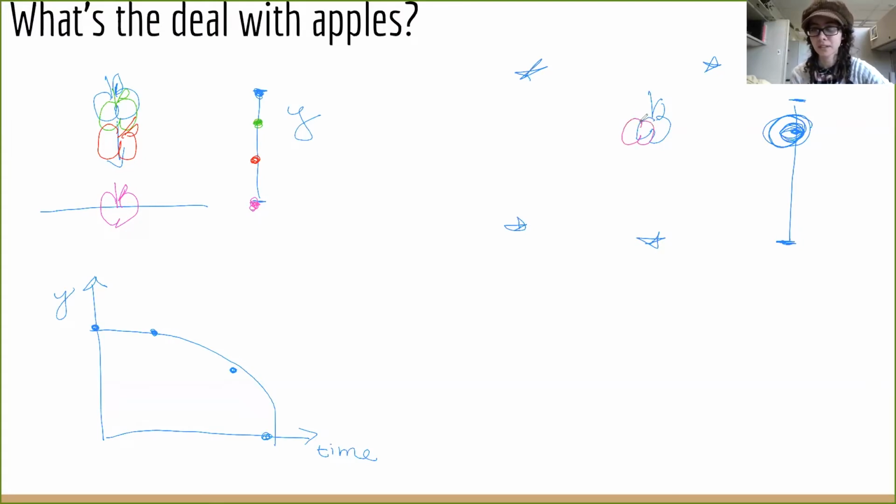So let's say it's moving in this direction. And you take snapshots. You get snapshots that are evenly spaced like this. The apple won't be speeding up or slowing down. So I guess later it'll look like this. Later it'll look like this. And if you plot what the apple is doing this time,